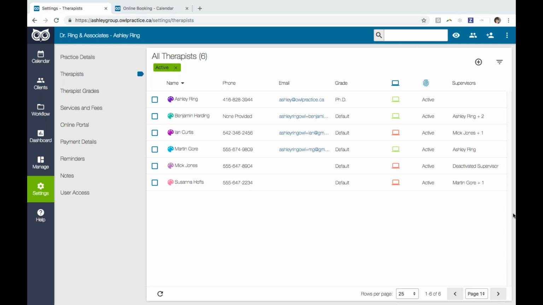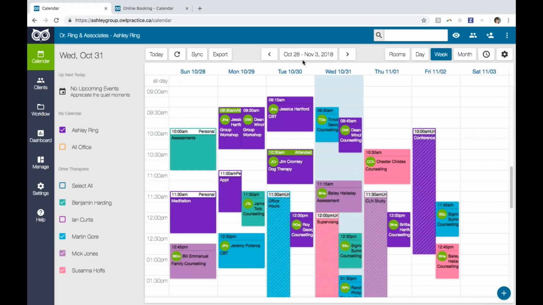I see another question here from Candace. As I look at this online, I see that there's a line through some appointment slots. I suspect this signifies a session already booked. I'm not sure specifically what you're referring to, Candace. I see that there's a line through some of the appointment slots. Are you looking in your practice, or are you meaning in the calendar here, seeing these sort of horizontal dashes